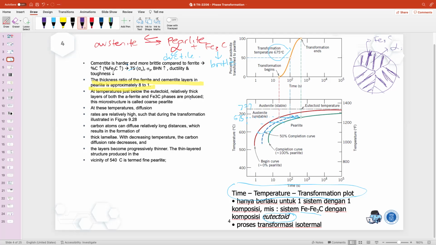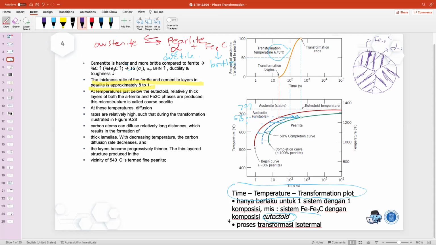However, we will have a different microstructure if we cool it down at relatively high temperature, just below the eutectoid. When it's cooled down to around 500 or 550 degrees Celsius, there would be a difference in phase transformation. When we do the transformation around 700 degrees Celsius, we will have a thick layer of alpha ferrite. So at temperature just below eutectoid, relatively thick layers of both alpha ferrite and cementite can be